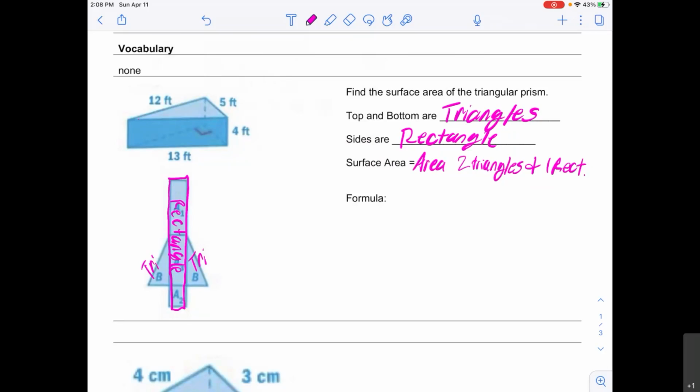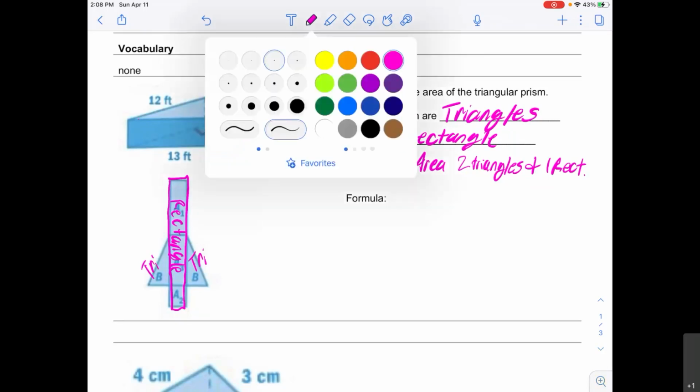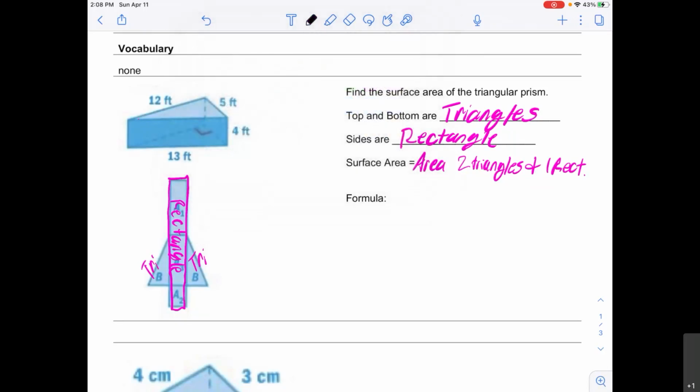So the formula we're going to be using is a formula that works for any non-rectangular prism. And it's a formula that you have access to when you take your MCA tests. Often when you take your MAP testing, they'll give it to you. So I'm going to make sure that this is the one that I give to you, because it's the one that you're going to have access to on your standardized test. I want to make sure that you have access to it. And so the formula is